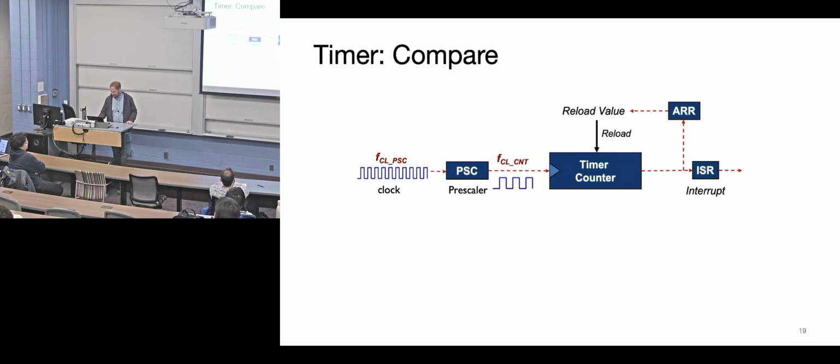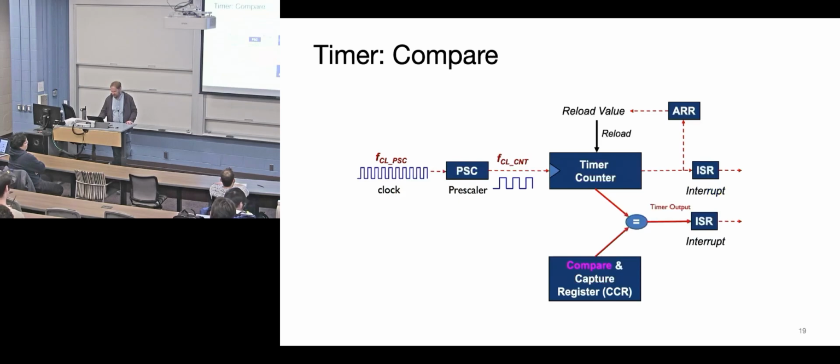Okay. So the compare timer, which you guys have used in lab to set up pulse width modulation, while that's the toy example that's often used, there's a lot of other uses for it, and it's pretty powerful. So here you got some clock comes in, you get to pre-scale it. You set your timer to either count up or count down, and you have the auto reload to say when you get to that value or get to 0, what should happen. You set up ISRs for that.